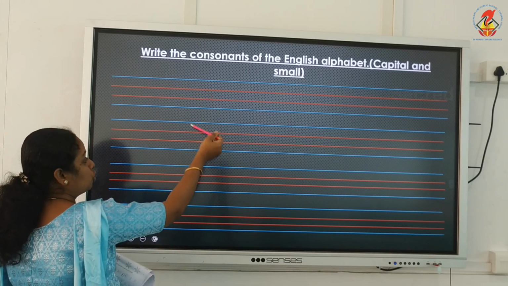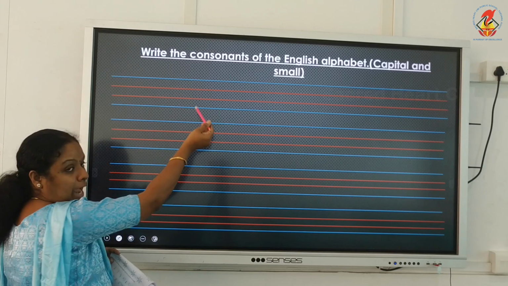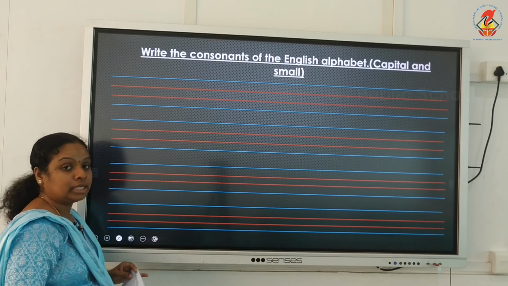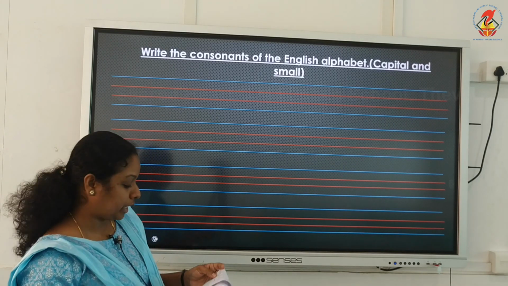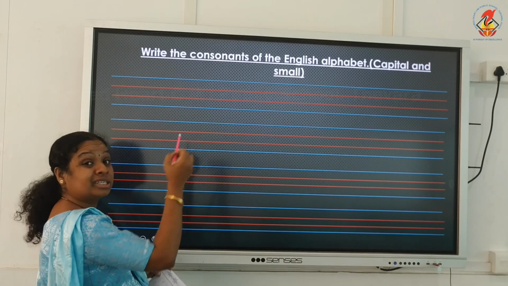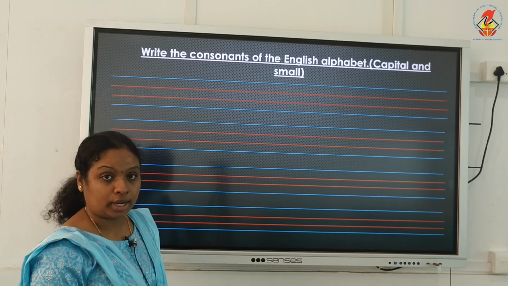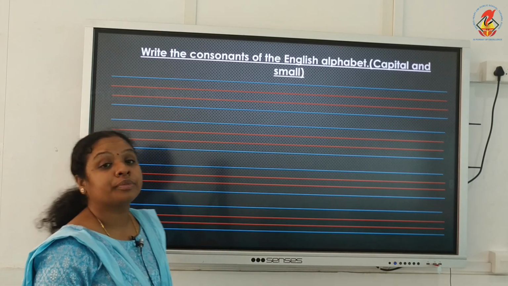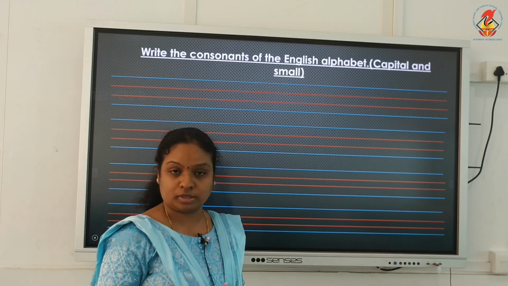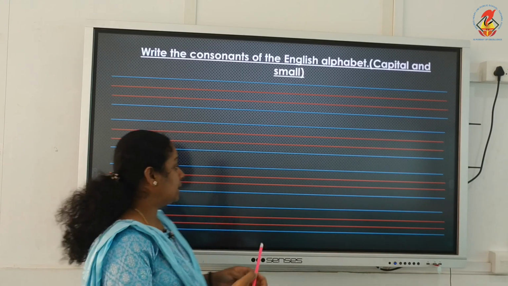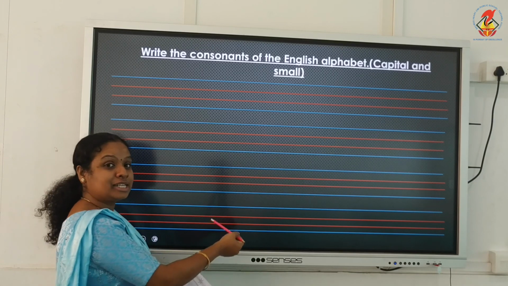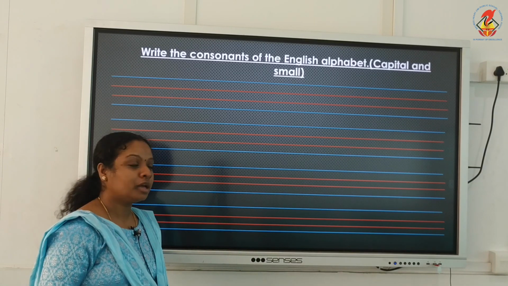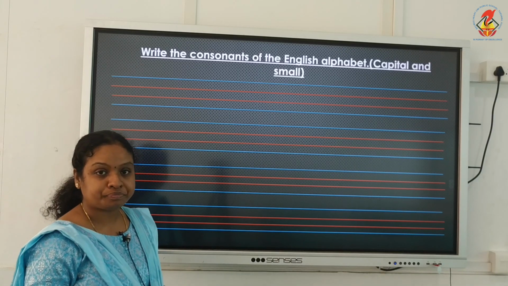In the first two lines you have to write the capital letters, and in the third and the fourth you have to write the cursive small letters. Okay. So, you have to write cursive capital and cursive small letters. Now, we can write the cursive capital letters together, and the third and the fourth line, that is cursive small, you have to write alone after this class. Okay. So, I hope you all have taken your pencil.